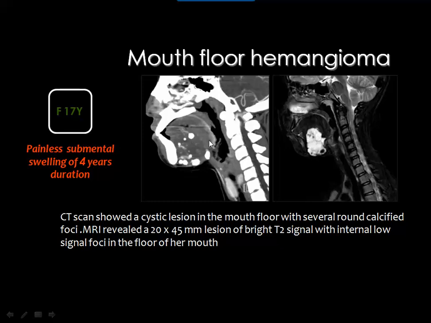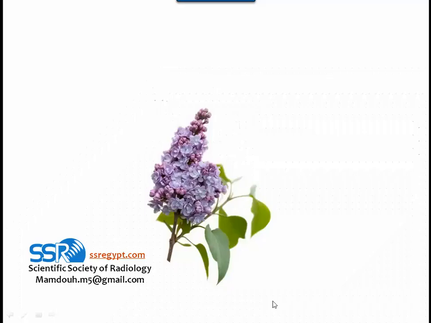And you know the presence of phleboliths in an enhancing soft tissue mass is one of the helpful diagnostic criteria for hemangioma of the floor of the mouth. And hemangioma will appear of very, very bright signal in the T2 weighted image, and you can see within the hemangioma some of the phleboliths, but you know that CT is more sensitive for detection of calcium compared to the